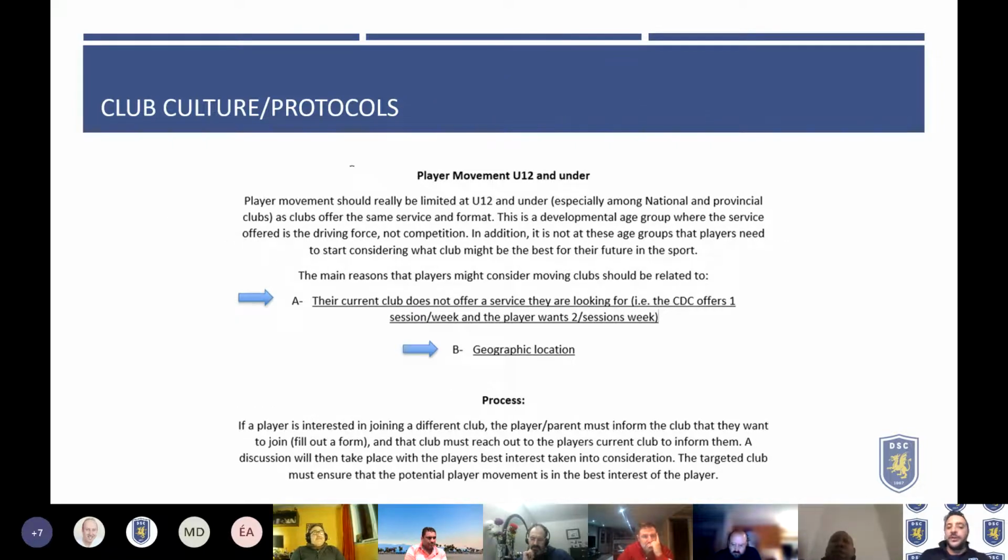Basically now, players, especially at U12 and under, should only be moving for valid reasons: they move, they change cities, it's geographic location, or the current club they're in doesn't offer a service they're looking for. For example, they don't have a CDC, or they only have a CDC once a week. It's geared more towards this reasoning than, oh, it's a strong player, let me try to go poach them. So there's a process in place that all the clubs need to abide by, with forms that are filled out. We need to speak with the parents. The whole process is on our website, and there's open communication between the TDs to see if it's really the best solution for the player to move at different ages. Okay,